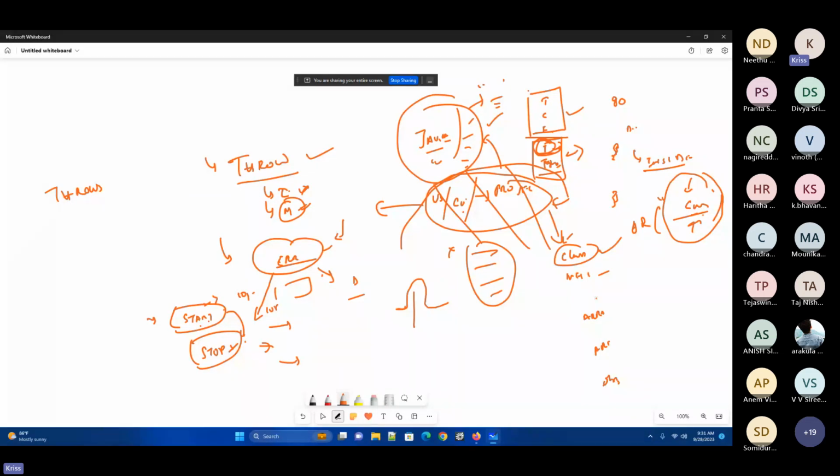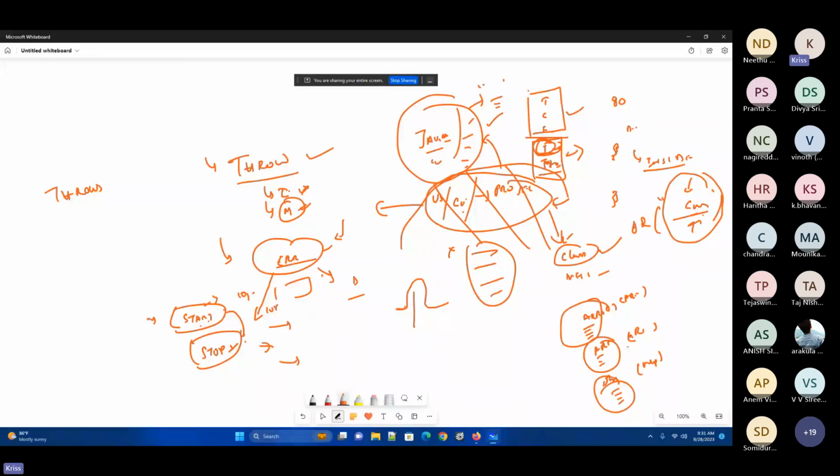Now for this method you would define the exception of array index out of bounds, for this one arithmetic, and for this one you can give the null pointer. So for each specific method, this might go wrong with the arithmetic operations, this with the array operations, and this with object